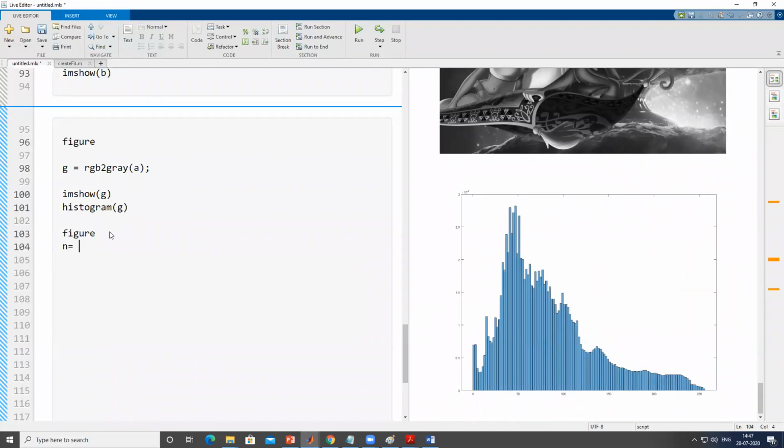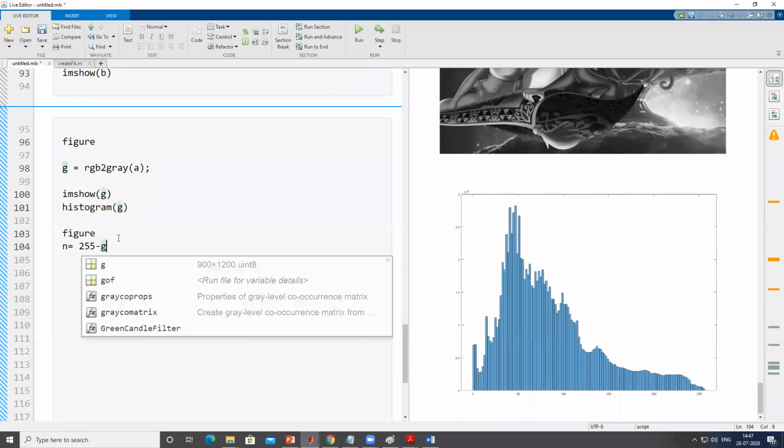That's why I use n is equal to 255 minus g, so that I know that in G, the maximum value a pixel can attain is 255. So if 255 is subtracted from 255, it will become black. So white will become black, and any black pixel in G matrix, because 255 minus 0 is 255, black will become white and white will become black.